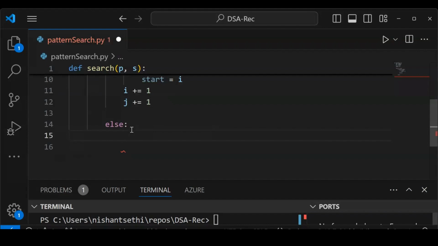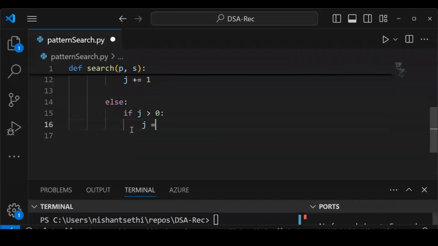That means the pointer pointing at the pattern is greater than 0, which would mean that in the previous characters I have found some matches, a few characters have matched, but at this particular character there was not a match. In that case I will have to return my J pointer back to 0 so that I can start all over again. So for that I will put this condition: if my J is greater than 0,